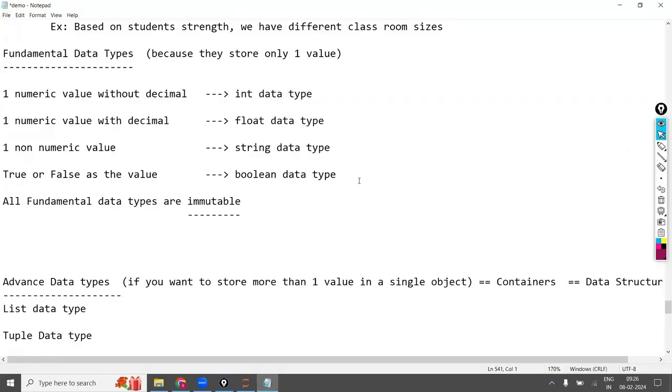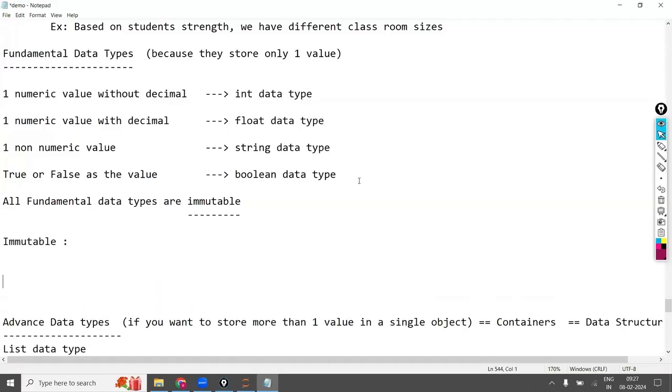Now, what is meant by immutable? We have two types: one is called immutable and the second one is called mutable. The question is, what is the difference between immutable and mutable? That is the interview question.